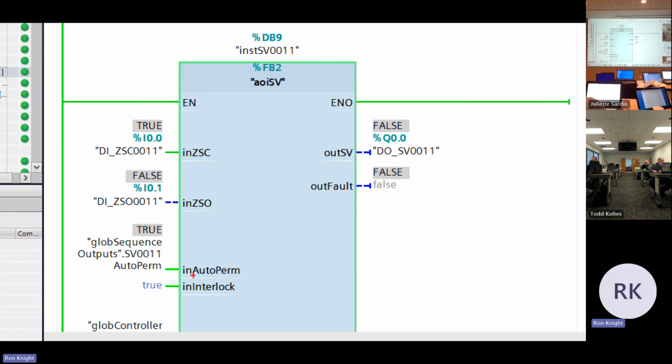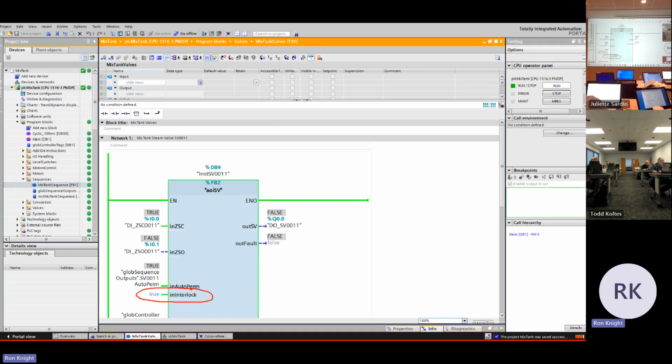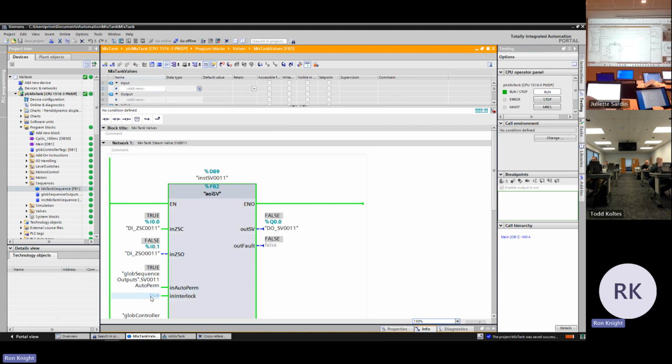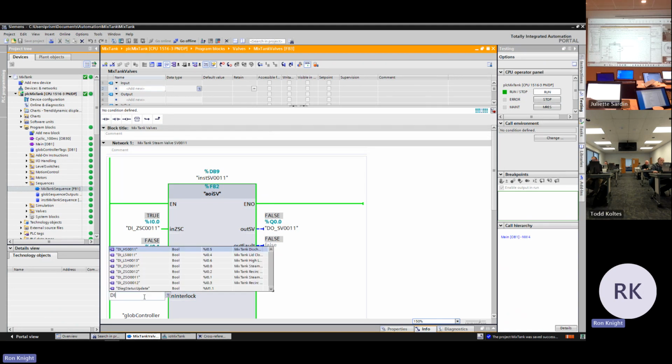And we can see right now that the interlock is just hard-coded to a true. All right, now we want to change that to the lid switch. Let me show you here, and then you just type it in. We're going to double-click this true, and I'm going to type in